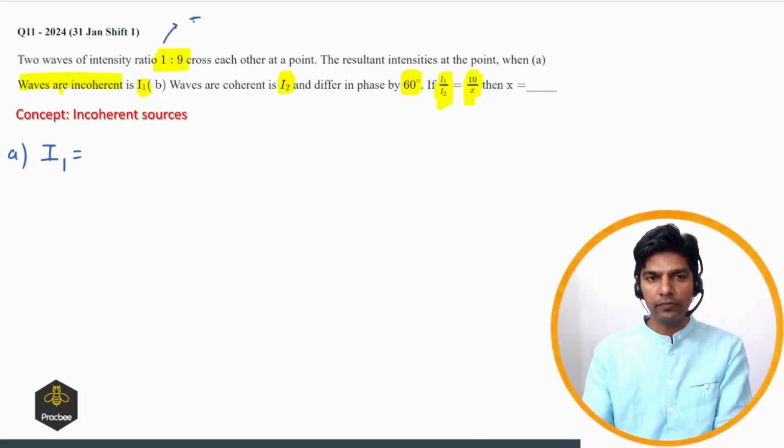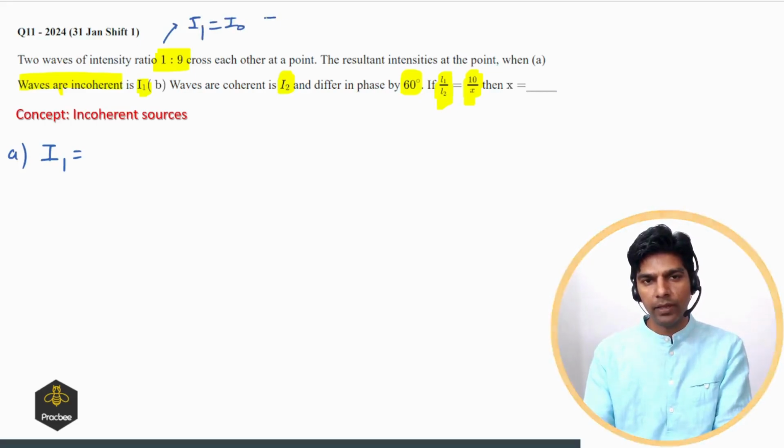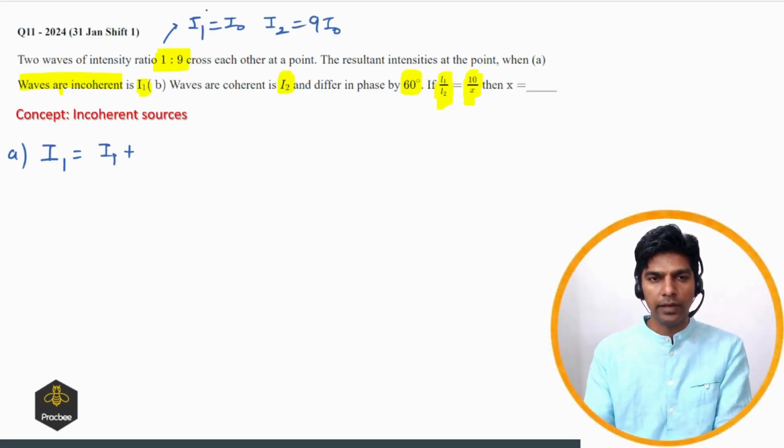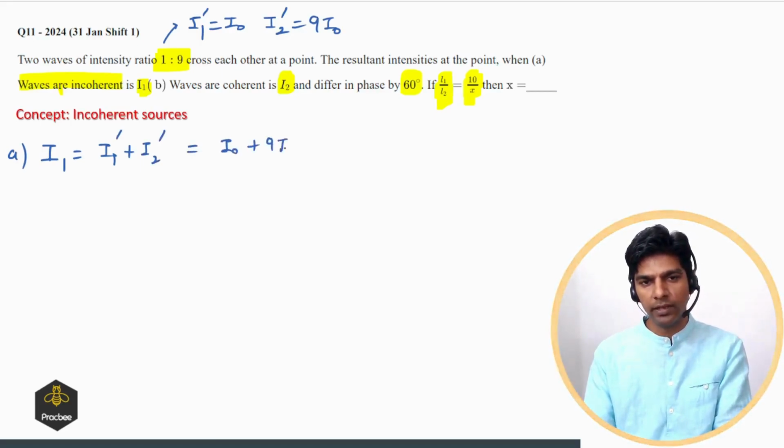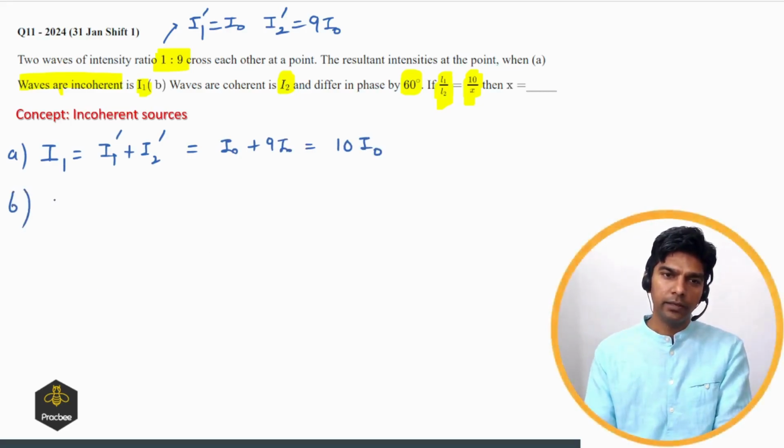So I'm taking I1 as I naught and I2 as 9 times I naught. So this will be I1 plus I2, let us say I1 prime plus I2 prime. So this comes out to be I naught plus 9 I naught, which will be 10 I naught. And I2 will be